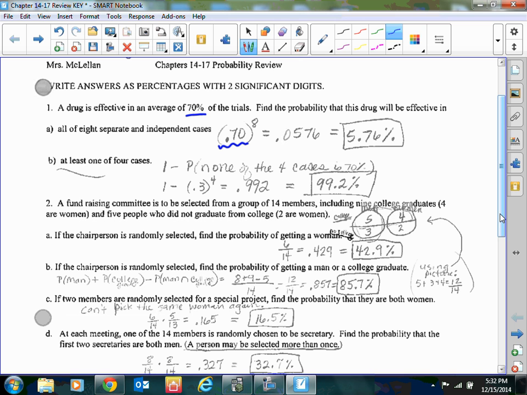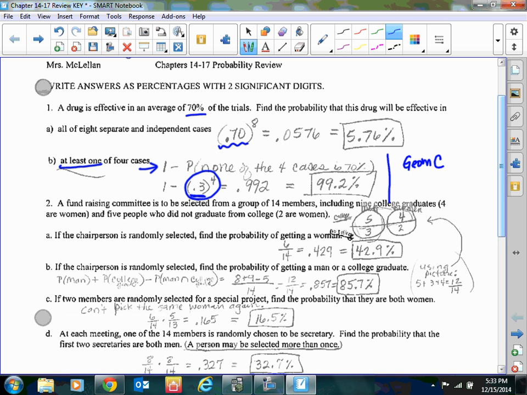Remember that at least 1 is 1 minus the probability that none of the 4 cases are effective. Okay, so that's this here, 1 minus 0.3, because that's the not effective, to the 4th power. So this part is all 4 of them not being effective. So that's 99.2%. Now, the other way you actually could do this problem, if you think of it this way,